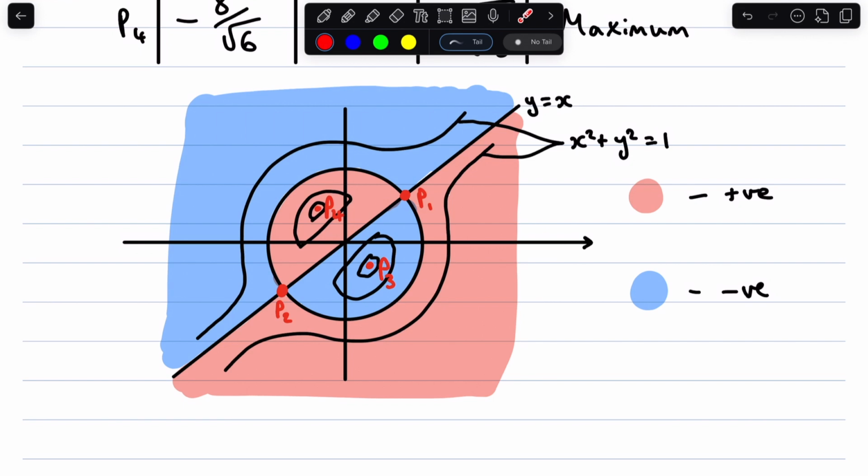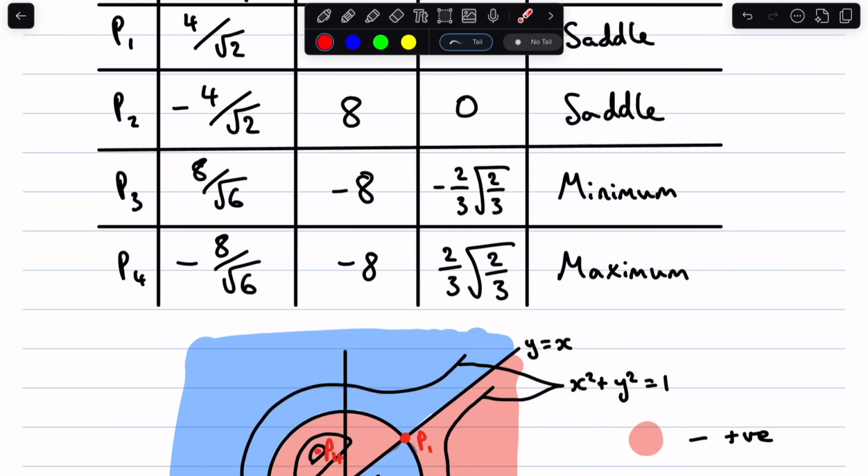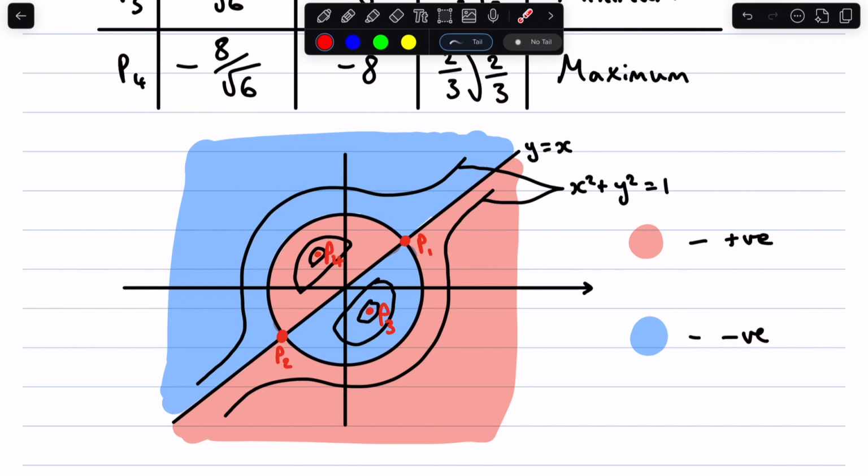So this saddle point is saying, yes, it goes up in value in these red sections, but it goes down into this blue section. Similarly, down into blue here and up into red, like that. P3 is a minimum, so it must be in a negative dip. And we find, therefore, that this contour is going down like a valley, and we have this point right at